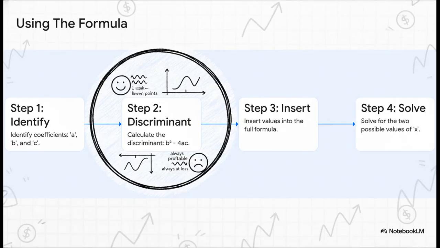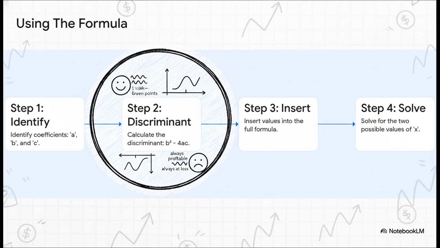Now, at first glance, this formula can look a little intimidating, but the brilliant thing is that we can break it down into a simple, step-by-step process. But I want you to look very closely at step 2. That little piece under the square root, b squared minus 4ac, it has a special name, the discriminant. And this little piece of the formula is amazing because it gives you incredible insight before you even finish the